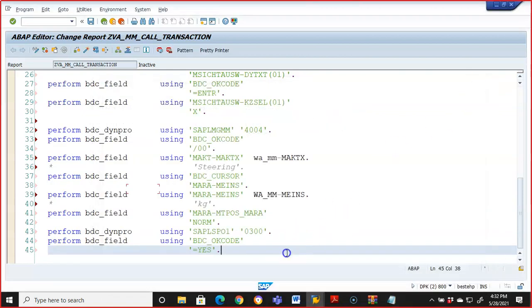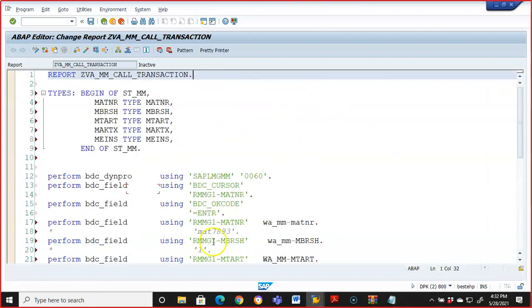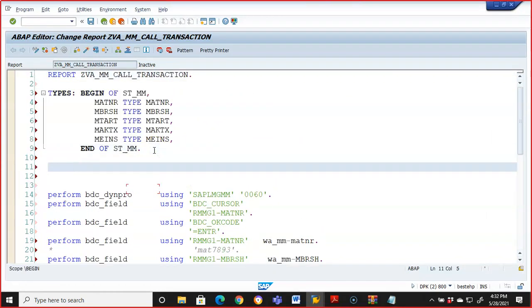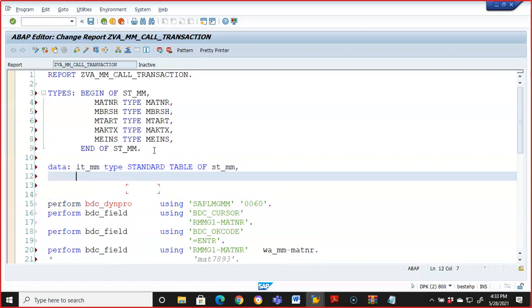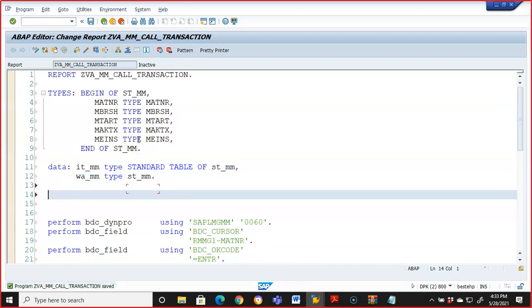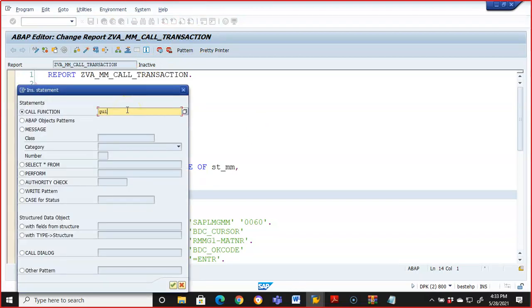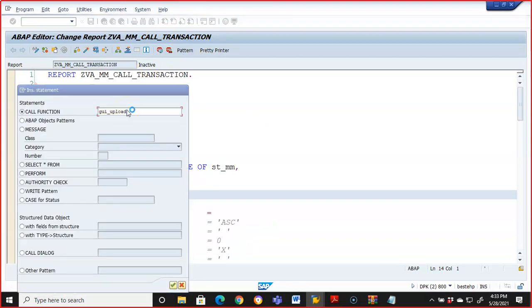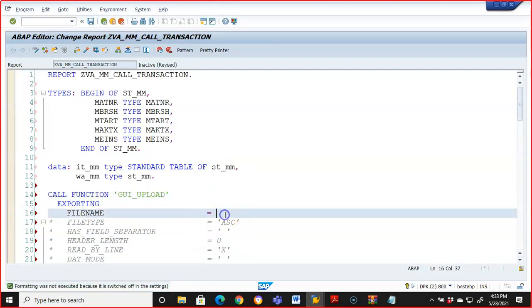Just three records, so just those three values. Now here we'll go ahead with data: it_mm type standard table of st_mm, wa_mm type st_mm. Now here we'll go for GUI_UPLOAD. Now here we just need to give that field properties,